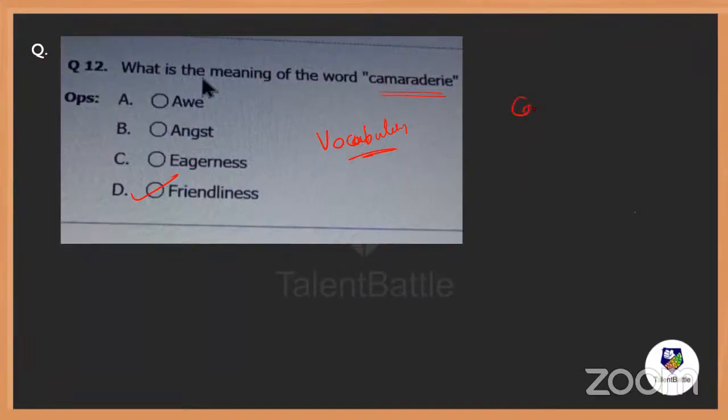Look, I hope you all know the word comrade, yes or no? I hope everybody here knows the word comrade. Comrade means a companion, a companion in terms of army or a war, or a partner, or we can also call it a friend. So comrade is a word used for friend, and there you go. The only option like friend is friendliness, everybody. Is that crystal clear, my dears, everybody? Yes or no? Got it?